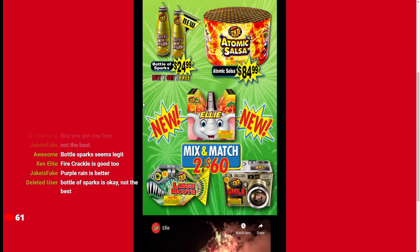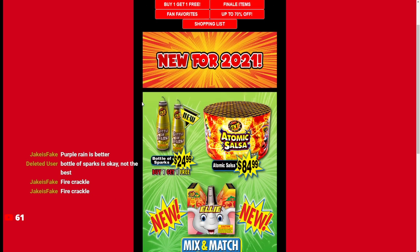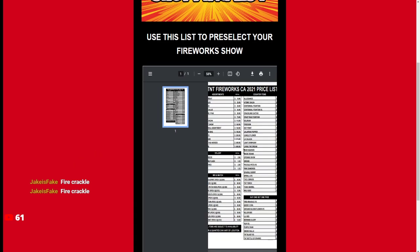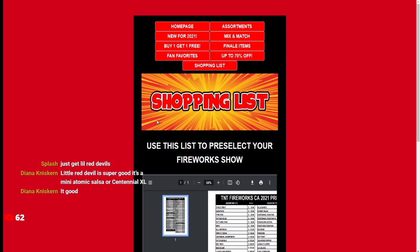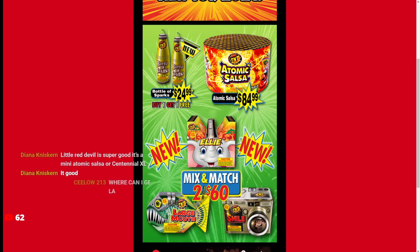So these are mix and match, 2 for $60. There's been some miscommunication and whatnot on these because if you go to the price list here, which I don't know if we zoom in if it'll screw it up, it'll be weird here. So if you look at in the buy one get one frees, the Ellie and all those are not here because they're a mix and match. It's very confusing because they're over here. So these are $60. So I guess for that price, Ellie's okay, but I still wouldn't do it. It's just the power on basically, and I feel like the middle tube from the video I watched, I really